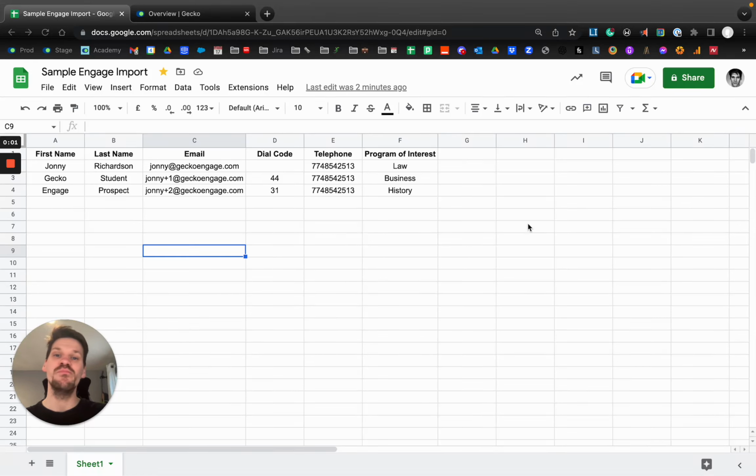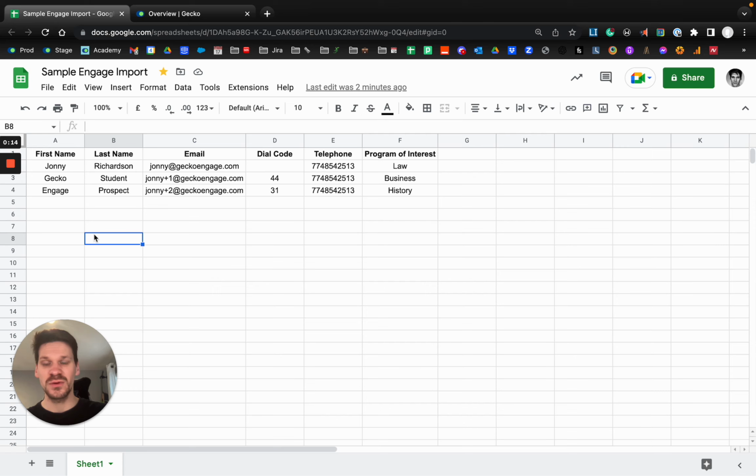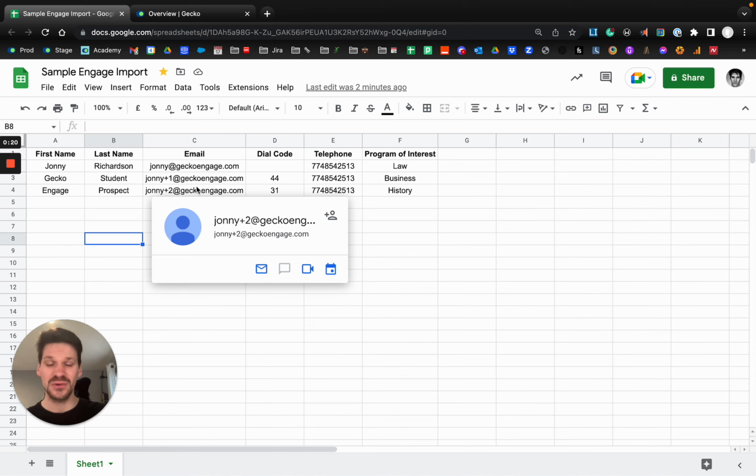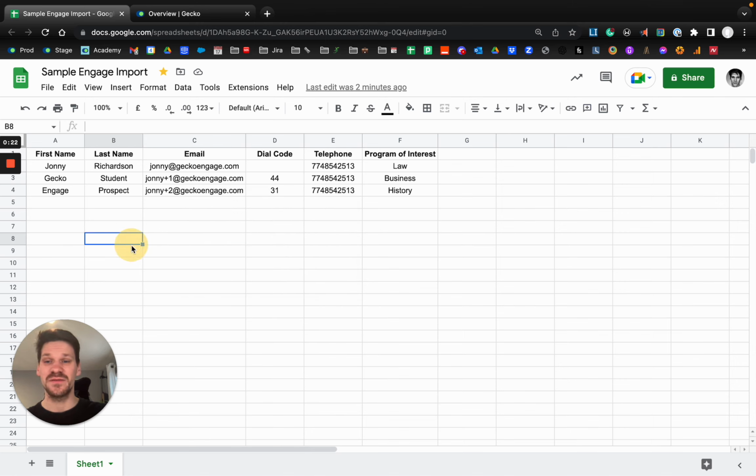Let's talk about importing contacts into Gecko. And we're going to be doing this by, in a moment, downloading a CSV or flat file that we can import into Gecko. Now, the important thing to note is that your spreadsheet of data needn't necessarily be formatted in any way you want. Gecko is incredibly malleable and is able to fit around whatever parameters or whatever format your